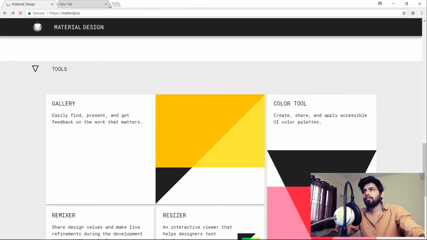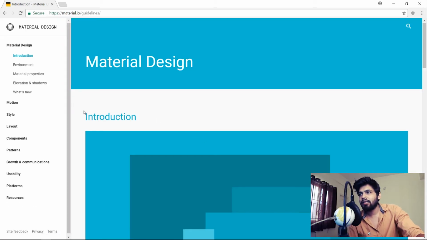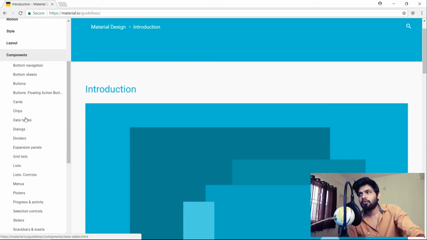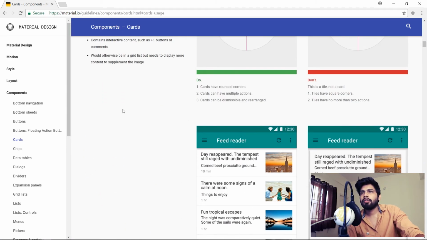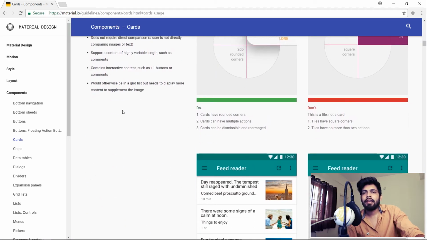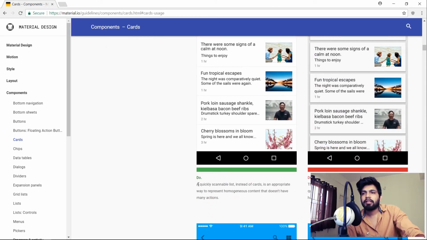What I'm going to do is go to our guideline section, design guideline, and let's see if we can use the cards view for that. Okay, so in the guidelines, it shows us the do and don't. A quickly scannable list instead of cards is an appropriate way to represent homogeneous content that doesn't have many actions. The use of cards here distracts the user from being able to quickly scan,